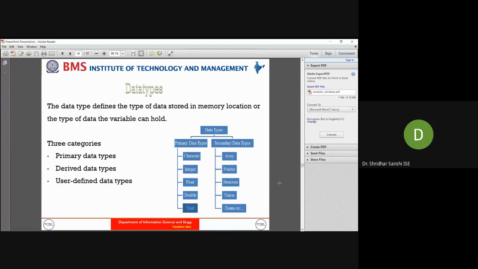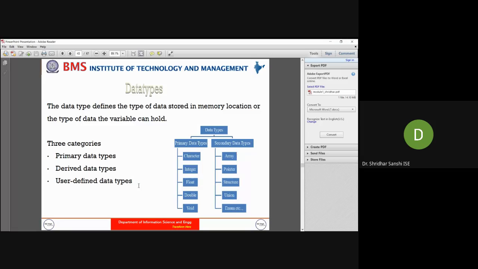And next we have secondary data types. Derived data types are derived from the fundamental data types, that is, the primary data types. We have different types like array, pointer, structure, union, enumeration, etc. We'll see these in the next sessions.